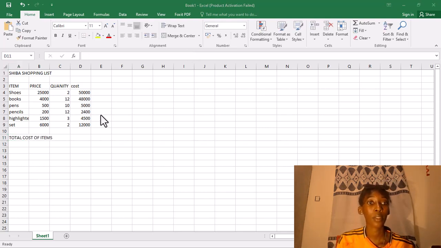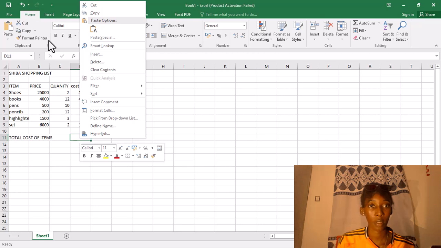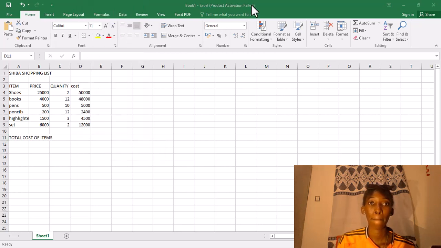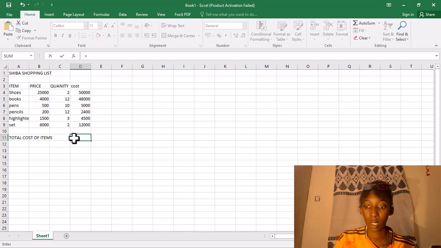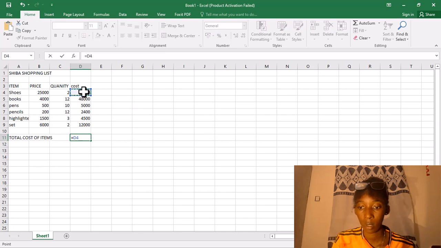Here to find the total cost of the items, we shall be adding from here. So we come in here and say this total cost of the item. Since we shall be adding this, which is our D4, we can come and put in our equal sign. So this plus, come to our plus, this,